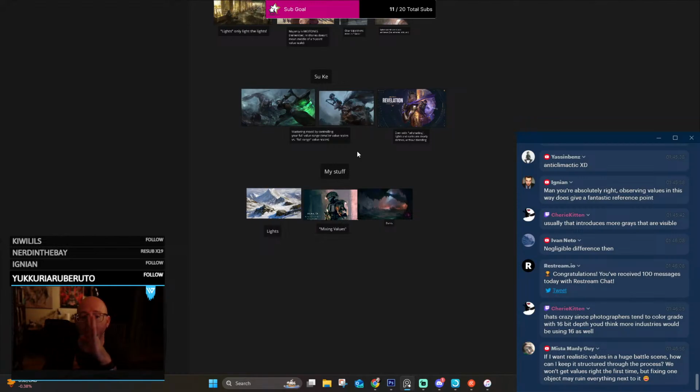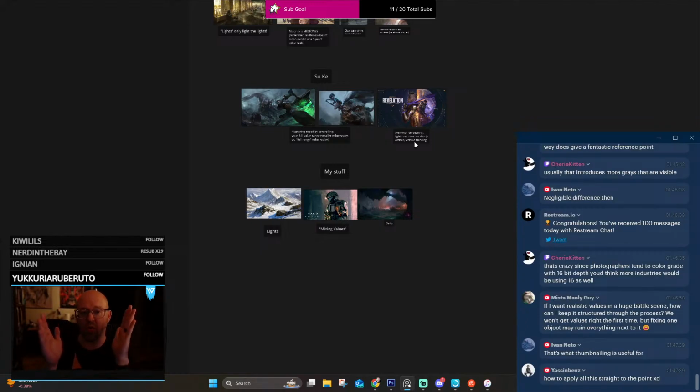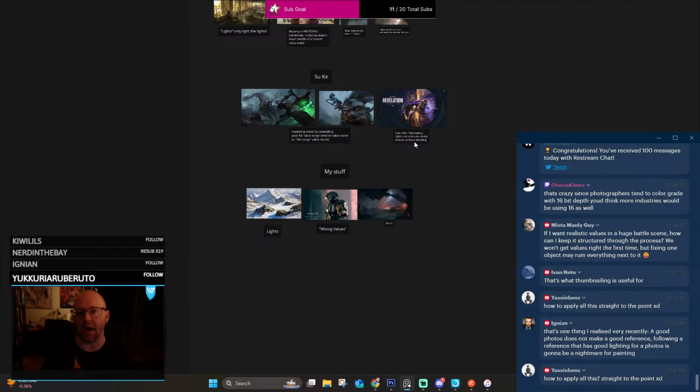If you give yourself wiggle room in the midtones, we're going to look at literally a Craig Mullins that has thousands of people in this picture. If you set up your values correctly, not only will it answer that question, it'll do it without you thinking about it, which is the best type of answer because you don't have to put any more mental thought into it, right?